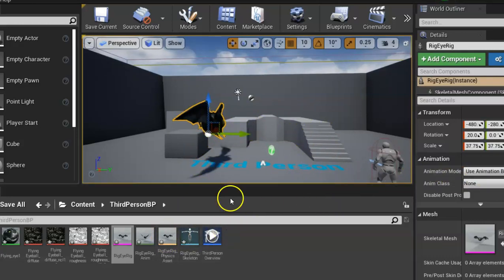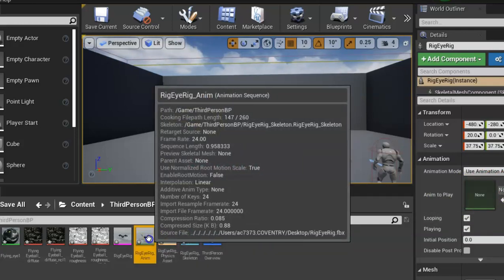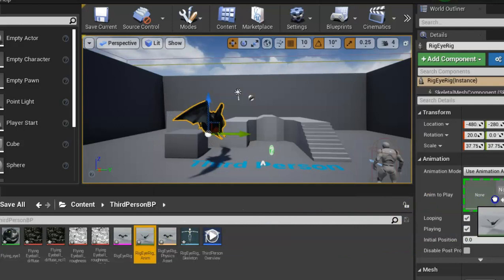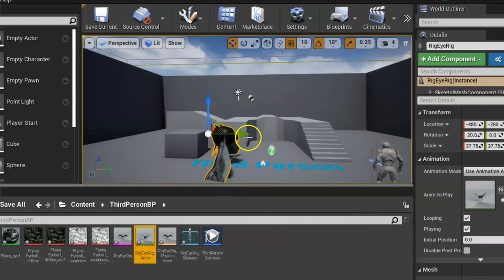We're just going to be using the animation itself. So all we need to do is click on the box here and go to Use Animation Asset. When we do that, you'll see a little box that opens here, which is basically blank. And all we need to do now is click and hold, drag it into that box, and it'll just shift it a little bit. We just need to readjust our character